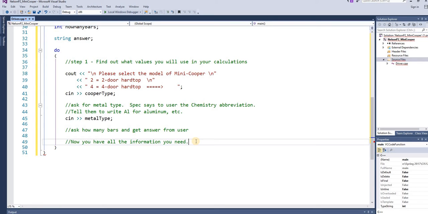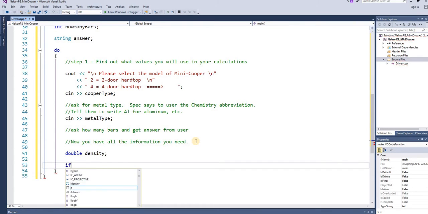Well, we can use if-else statements. If metal type is aluminum,